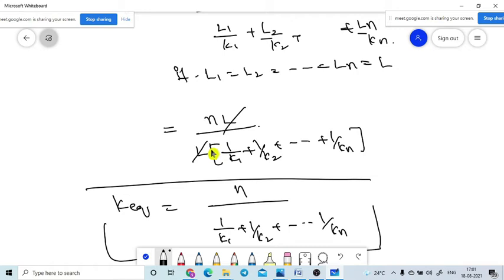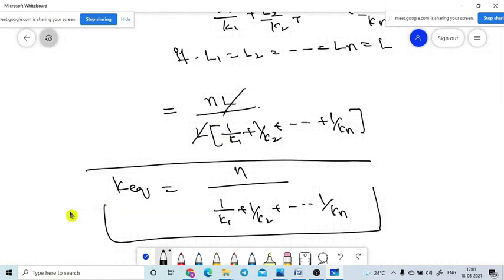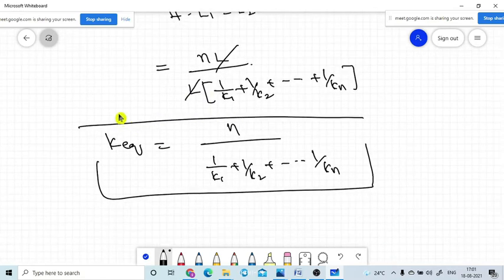No sir, N sir, N please. N into L will also be there, right sir? You are saying that in the bottom also. Yes sir. No, it is the common term. A plus A plus A plus A, A should be taken as the common. It won't come, the N. Yes sir. Why are we taking it? It is just confusion about taking the common.